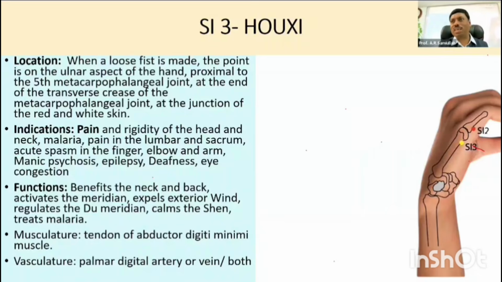Then you want to use something different, and you can use the point SI3. SI3 should be activated on the right side. You just apply it to the woman, and there is a combination point known as Shenmai, that is SI3 and UB62. Both points are good to treat. However, I'll give you a lot of techniques to treat back pain without using the back points.